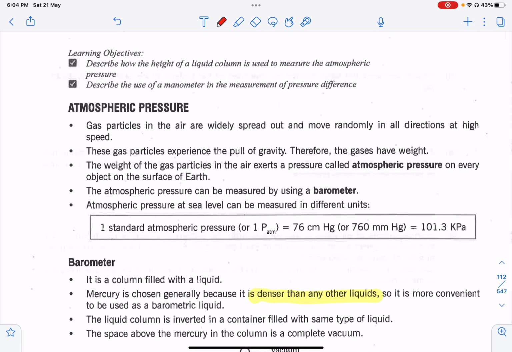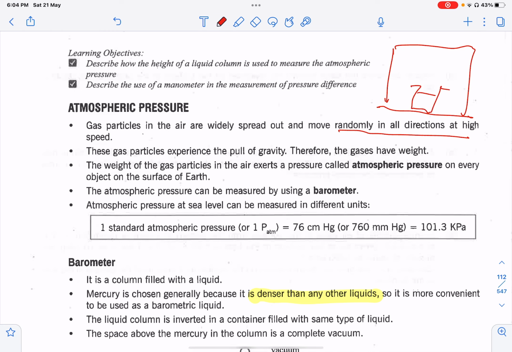So, in this case, you will see that for atmospheric pressure, the gas particles in the air are always widely spread out and always moving randomly in all directions. Let's say you have a physical room. Inside the room, there's already air, meaning oxygen, hydrogen, and whatnot, and you have a container of water. So atmospheric pressure is actually the pressure resulting from the air particles, whereas the pressure in the container,